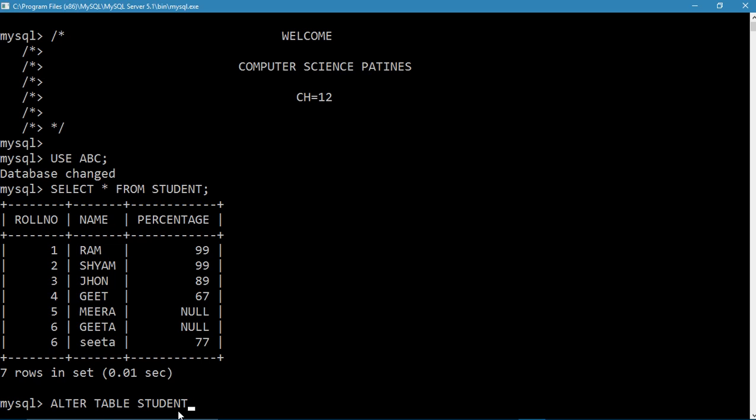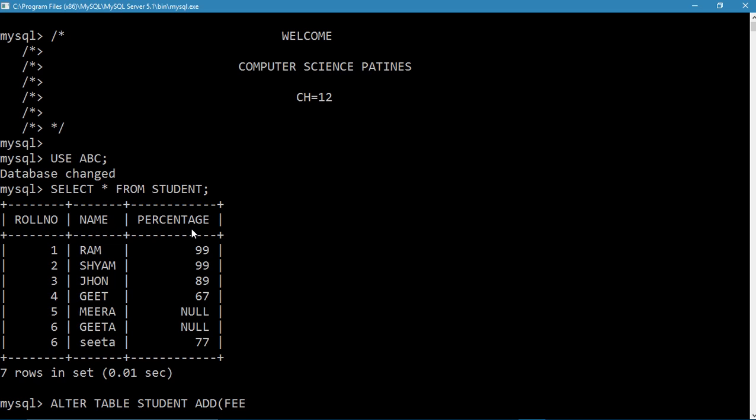Table should be written, then the table name. Fine. Now the keyword add. Now I want to add a new column. See, there are 3 columns only: roll number, name and percentage. I want to add another column to the same table and the name of the column would be fee.